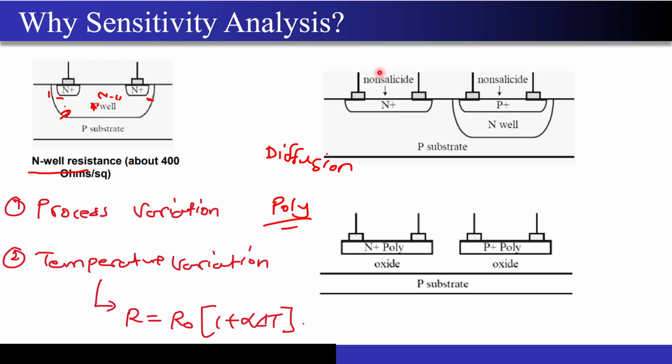Now what actually happens when you do this is that this 10 to the power 19 may have some variation around the edges, correct? So you will not get a uniform 10 to the power 19 per centimeter cube dopant concentration. There will be some variation, and because of that variation the net conductivity of this entire region is going to change, and since the net conductivity has changed, even the resistance is going to change.